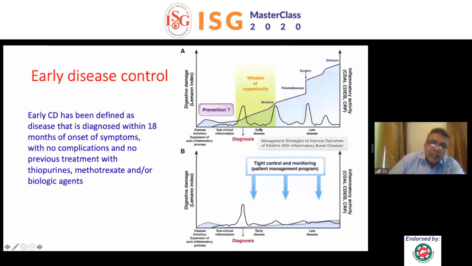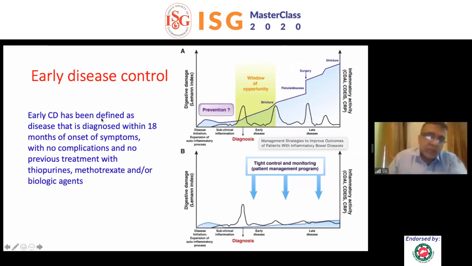Second, it has been seen that early disease, we talked about low risk. What were the criteria for low risk? Inflammatory phenotype. The criteria for high risk was stricturing and fistulizing phenotype. We know Crohn's is progressive in a majority of the cases. So if there's a window of opportunity, when it is an inflammatory phenotype, that is early disease. And in those cases, if you can pick up those cases, grab those cases, and you go in for very tight control in terms of patient management and monitoring, then it may be beneficial. That is the concept which is going around.